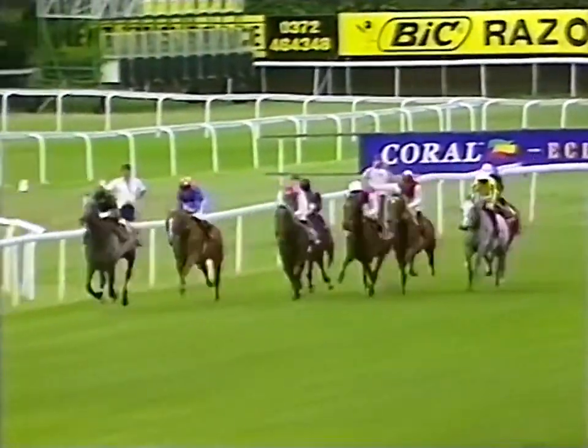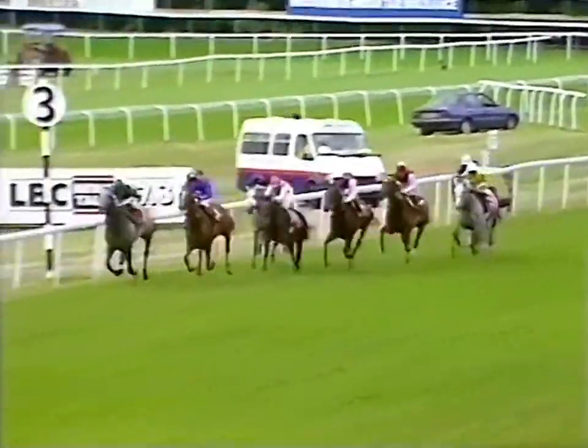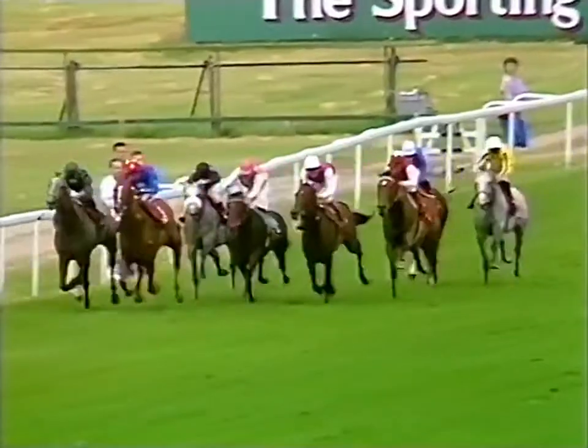Opera House, the white cap, is travelling well. Missile tries to get closer. The grey on the right, Environment Friend, none going better than Barathea as they pass the 3. Tenby looks in trouble. They've come down to the 2 furlong marker, and Coringa Bay and the blue colours comes to take it